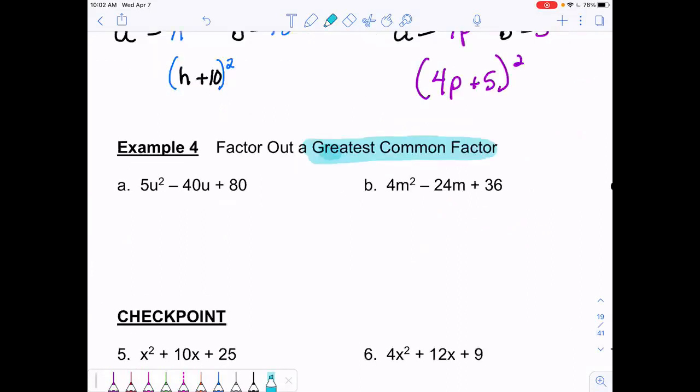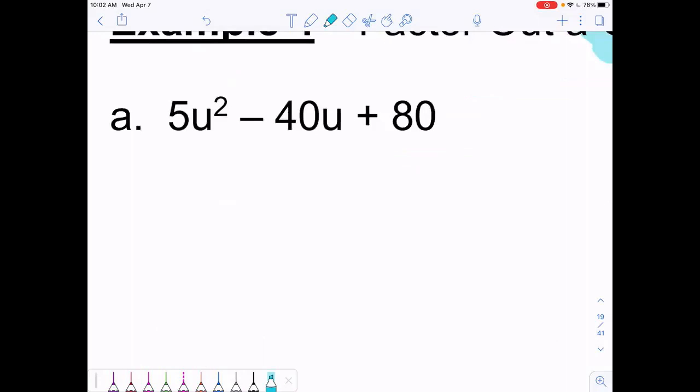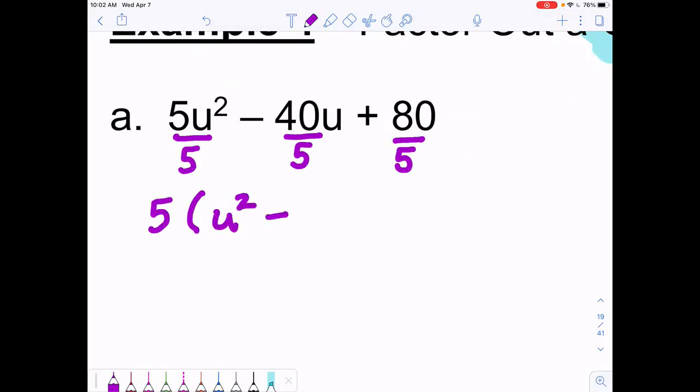So if I look at letter A, 5 is not a perfect square. 80 is not a perfect square. They must be perfect squares for this to factor. But we can take out a greatest common factor. Phil, what do you think the greatest common factor would be? 5. So all of the problems here, if it's not a perfect square, there's a greatest common factor that we need to take out. So take out a 5, and Bill, we have u squared minus